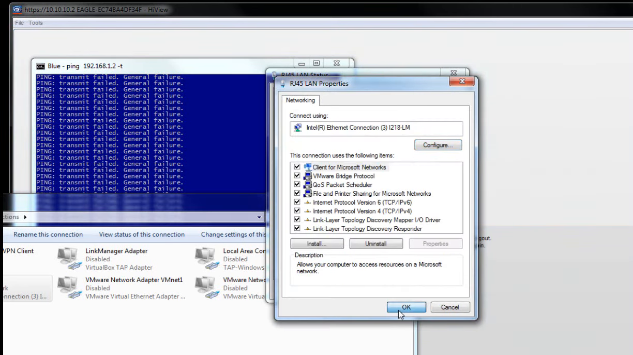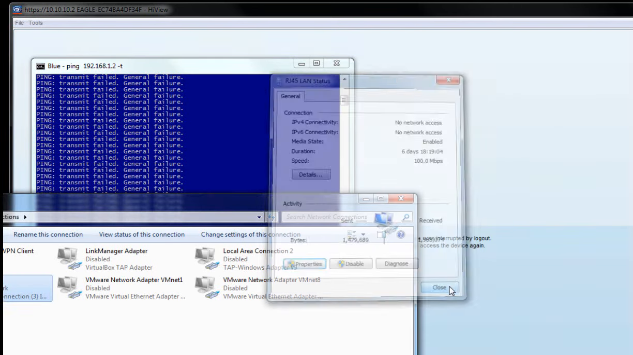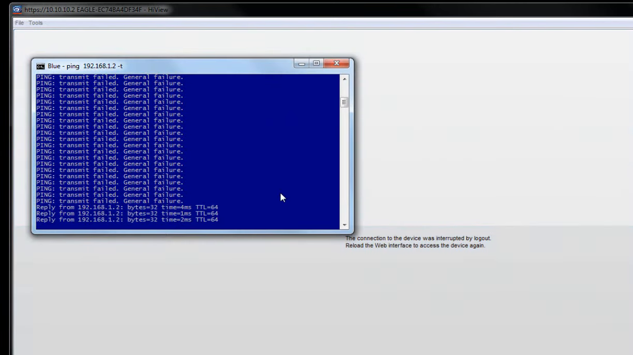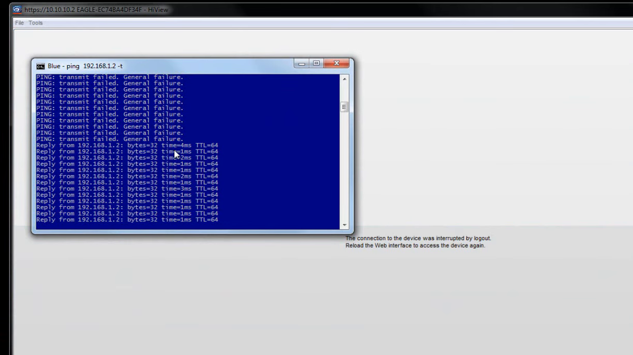So if I hit OK, OK, go ahead and close this. Let me go ahead and minimize that. And you'll see here that I can now ping the other local SCADA device that's connected to the Eagle. The next thing that I'm going to do is